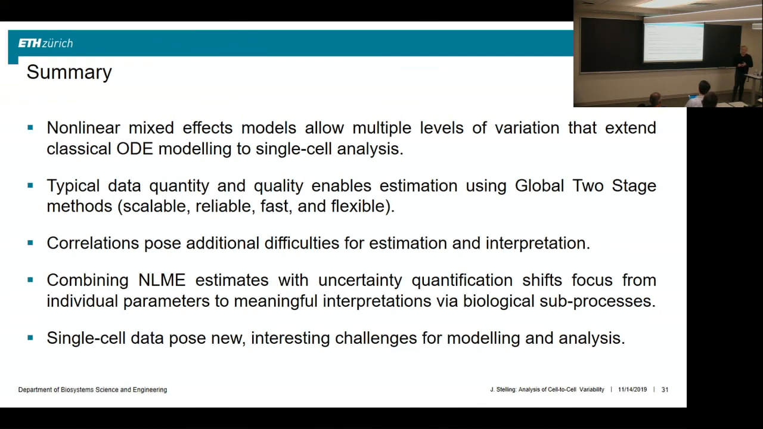So the proposal is to use these nonlinear mixed effects models. They make different approximations compared to stochastic analysis, because we assume that the dynamics of the variability comes from distributions of parameters. With the typical data quality and quantity you can now get from live cell imaging, you can do these types of estimations. The correlations pose difficulties, also for interpretation. But the hope here is that we can use this type of framework to really identify which sub-processes in a larger network actually